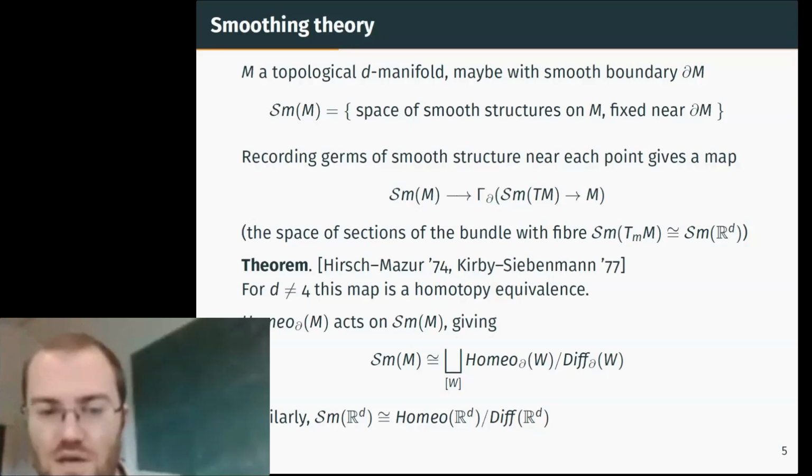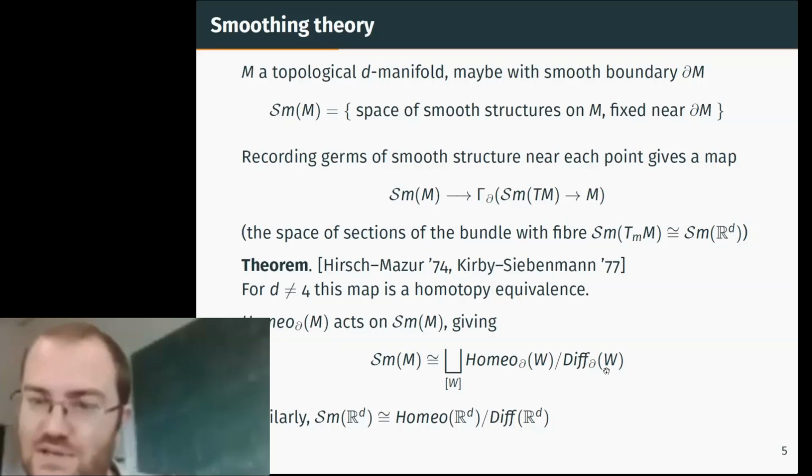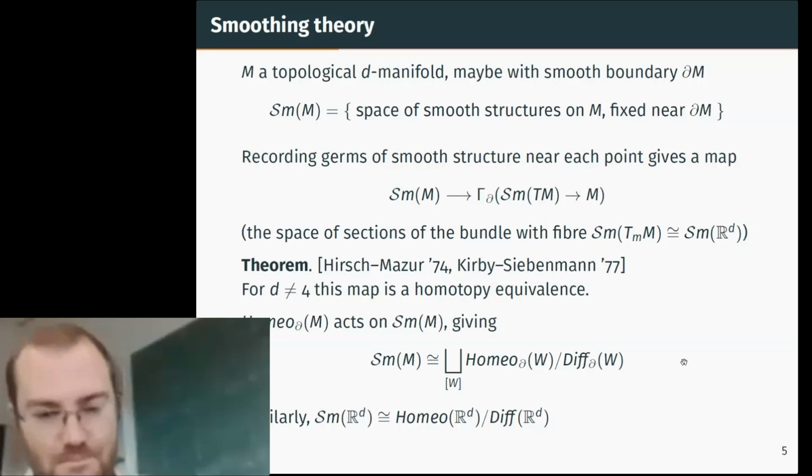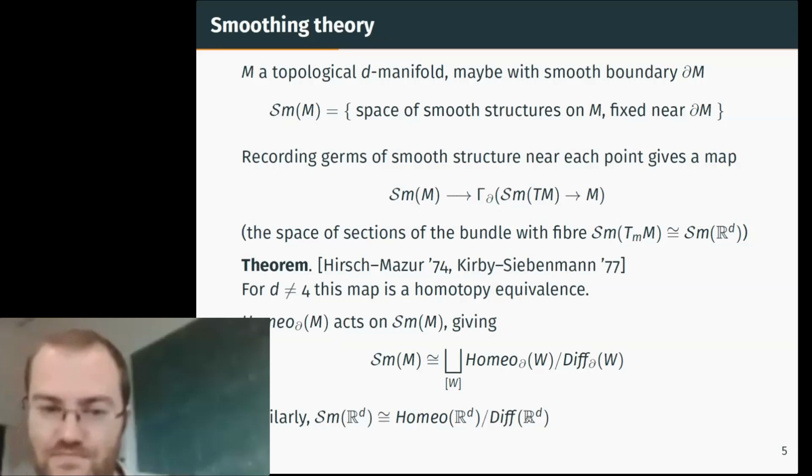Okay. As I said, this isn't quite true. You can't really make a space of smooth structures. You shouldn't really take a quotient in any sort of naive sense like this either. But at a moral level, this is true, and with the correct technicalities, it can be made true. And similarly, if you do this to Euclidean space, well, there's only one smooth structure on Euclidean space in dimensions other than 4. So you just get homeomorphisms of R^D modulo diffeomorphisms of R^D. That describes the fibers of the bundle whose sections one is taking here.